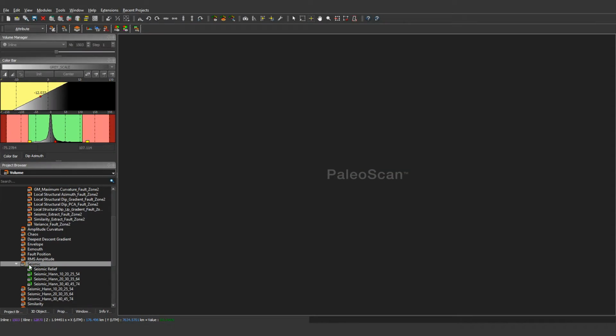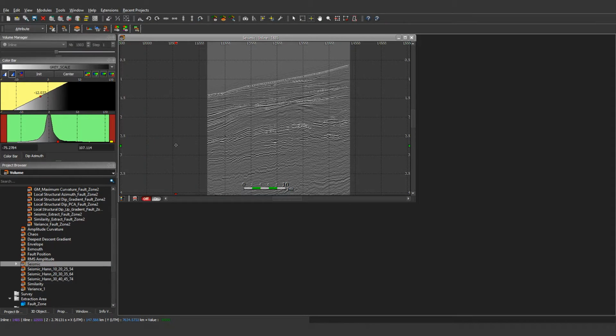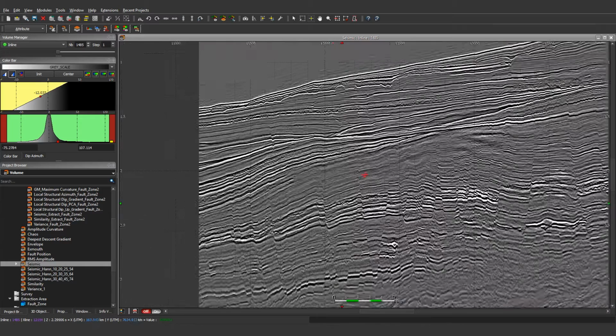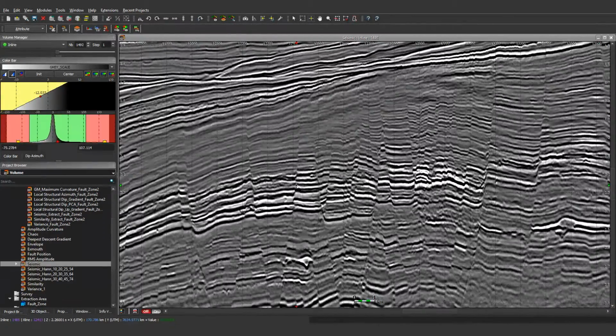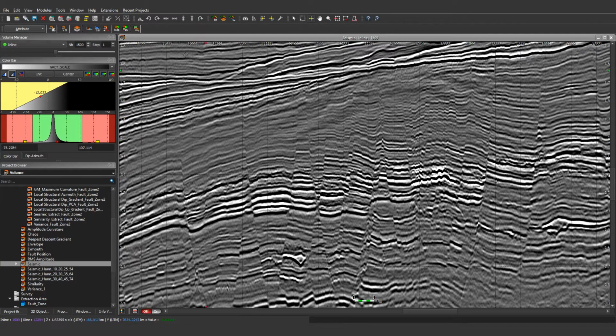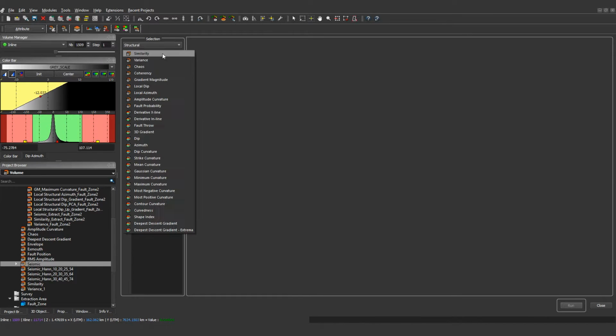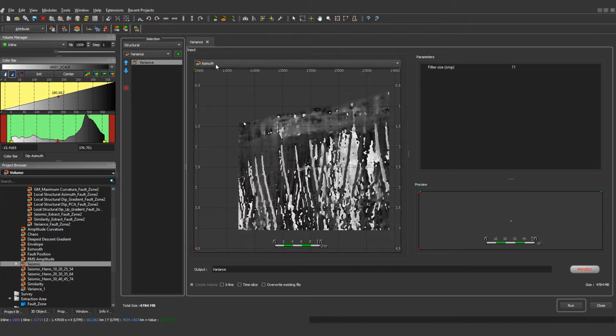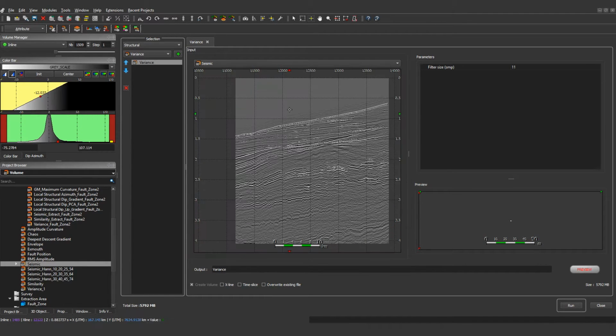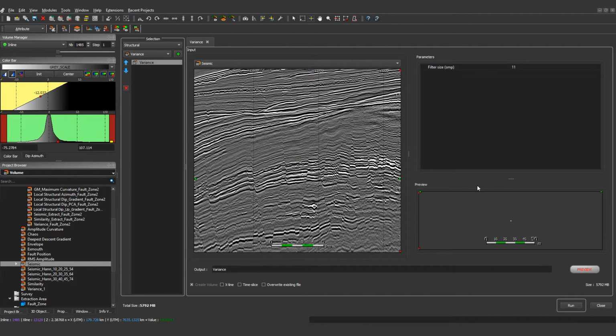So in a live demonstration, generally in software, you just have to open a cube, and by using the cross-navigation system in PyloScan, we can slice through the data and quickly see the fault occurrence. So to compute an attribute, it's very simple. You just have to select the type of attribute in this window, and then select here on the top all the volume attributes. For the variance, for instance, we just select the input data, and then place the point somewhere